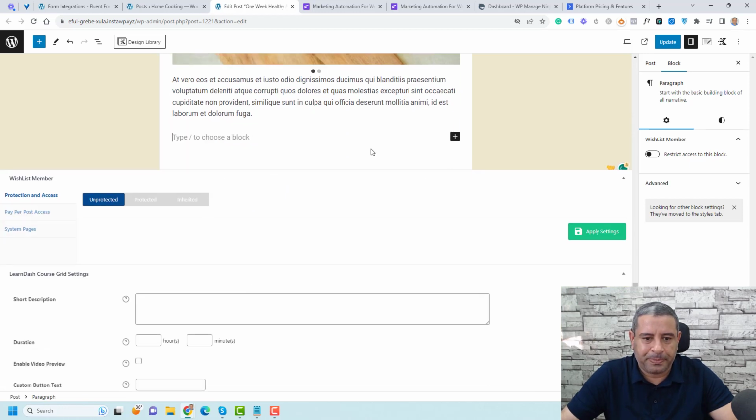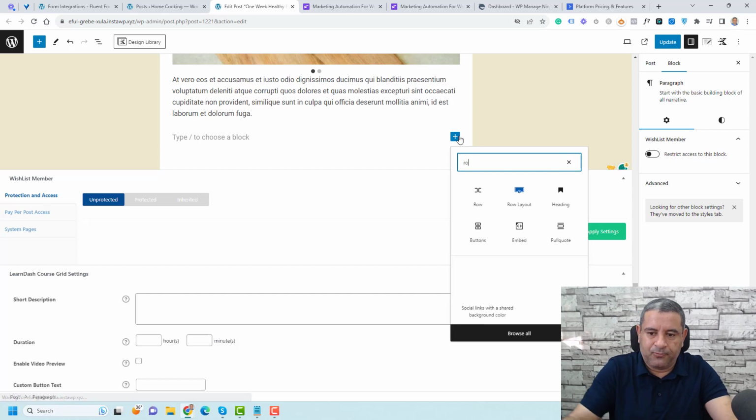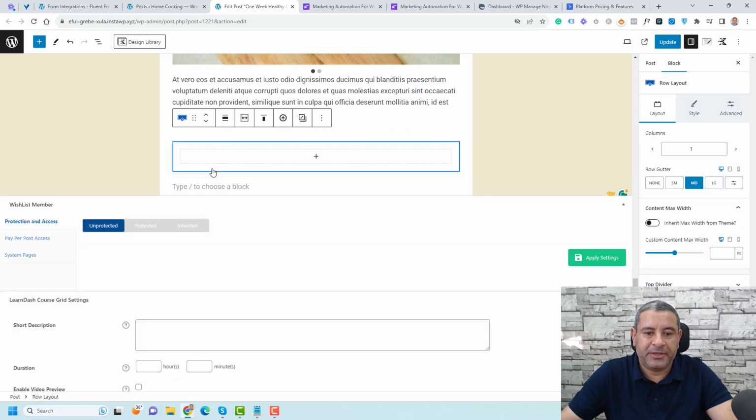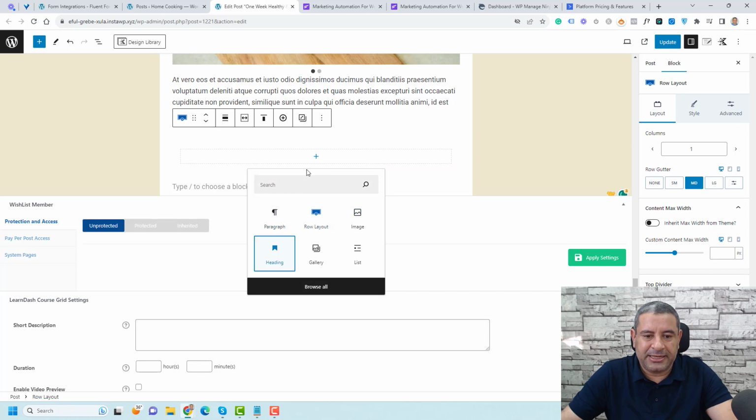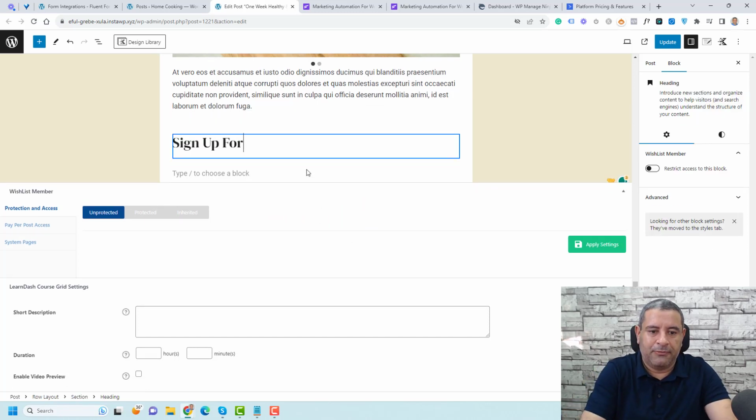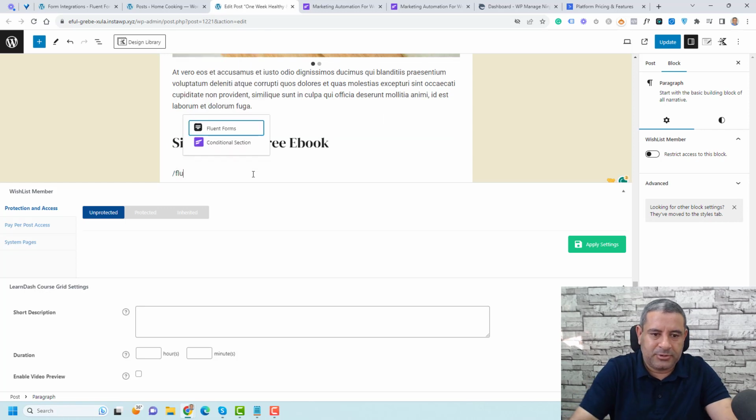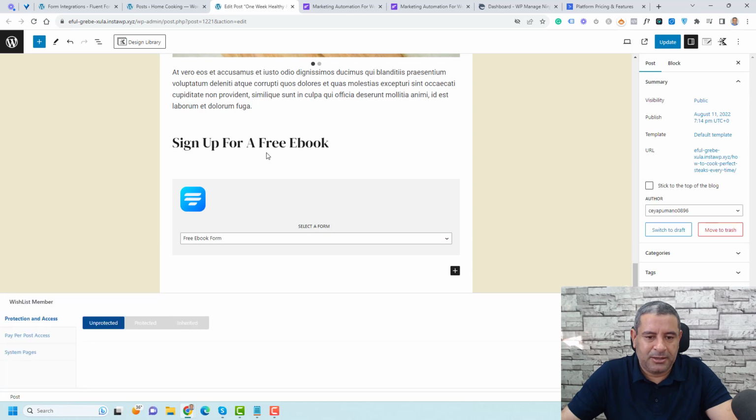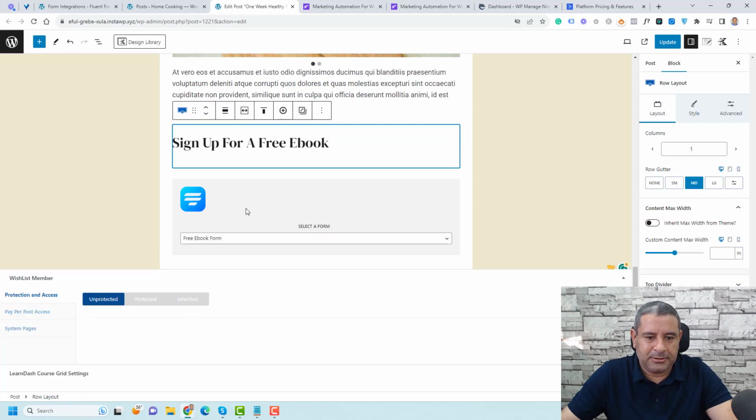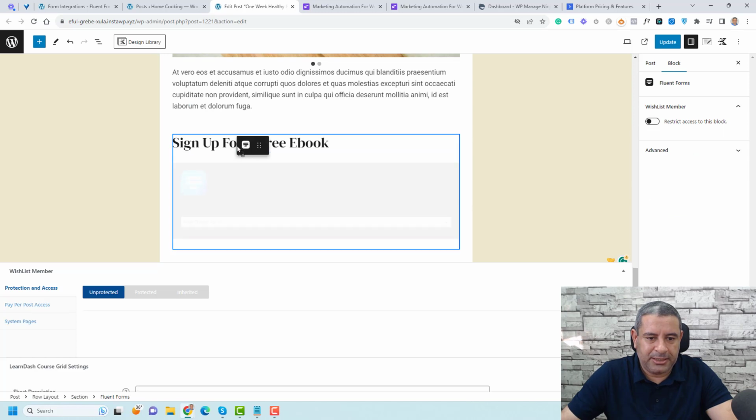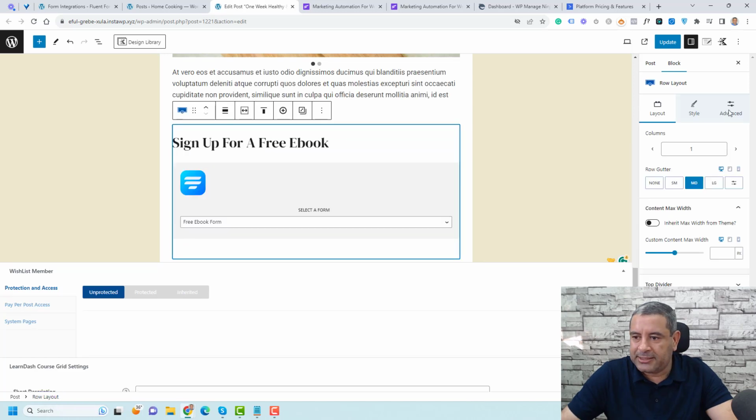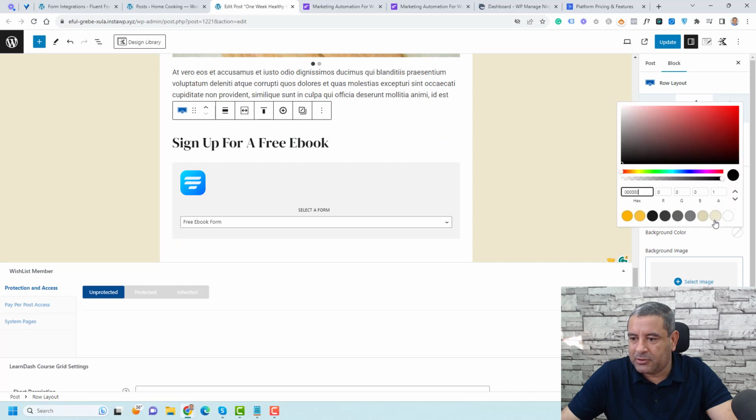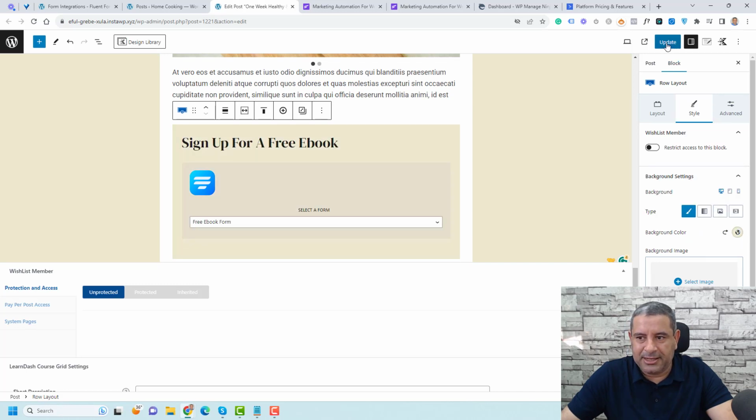So let's click here and let's add a row. I'm using Kadence blocks to design this, and let's add a heading. Let's say sign up for a free ebook, and let's add Fluent Forms. Let's search for this and add the free ebook form here, and let's go to the row and let me just drag this below the heading, and let's style the row and add something like a background color of this, and let's click update,